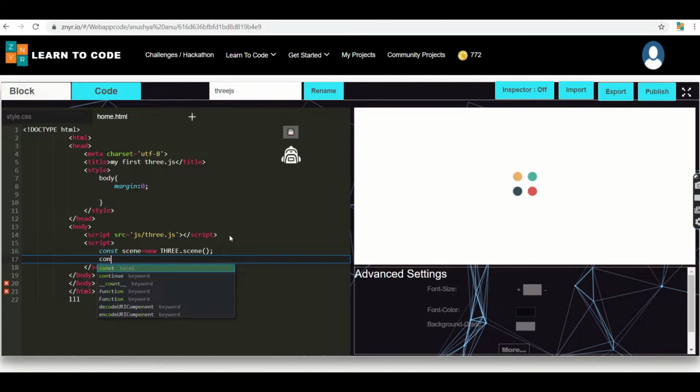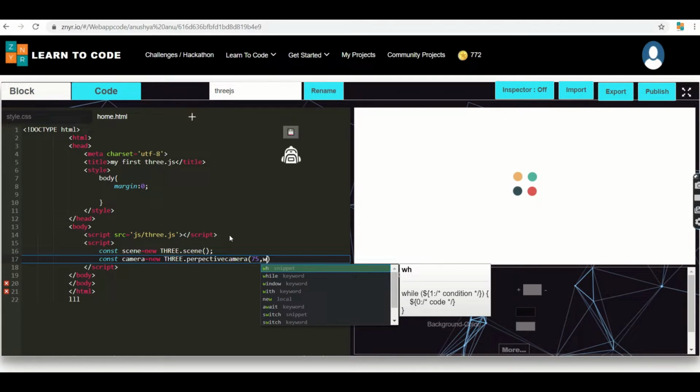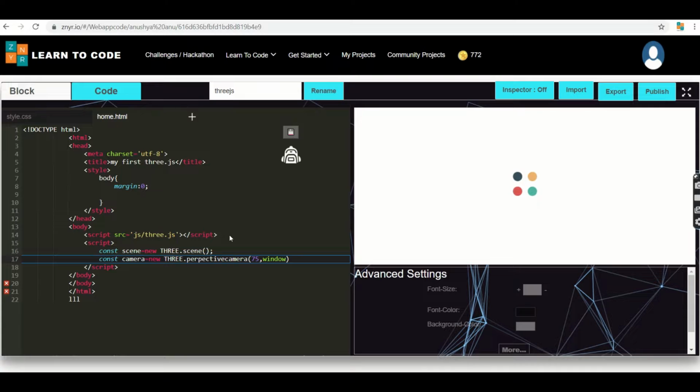Next, I'm making the constant camera. This camera is nothing but a new THREE.PerspectiveCamera. Let me explain what it actually does.